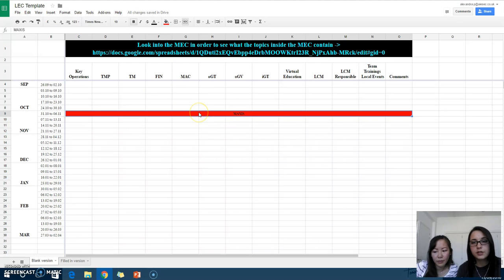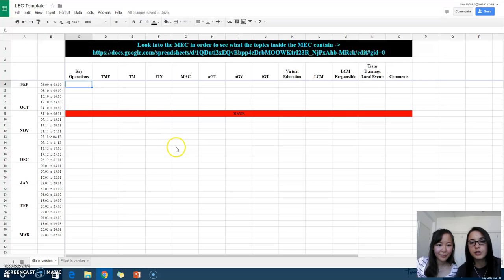We are going to work today on just what's up until maxes. So we're going to focus just on this part here, the end of September and the month of October. Having said that, I want you to have opened in front of you the ISEC UK education cycle. I want you to have opened this tab and the J2L recruitment timeline in order for this to work. So you're going to need to have these three things opened.